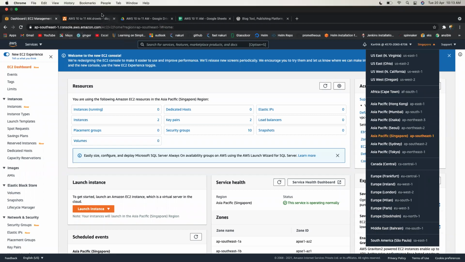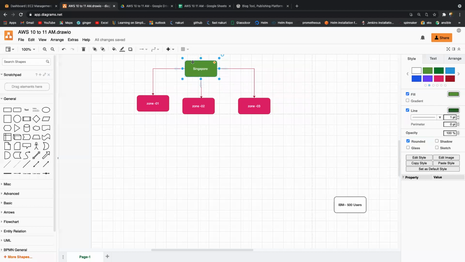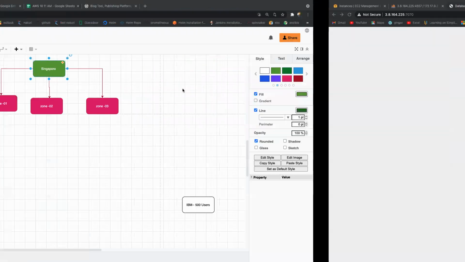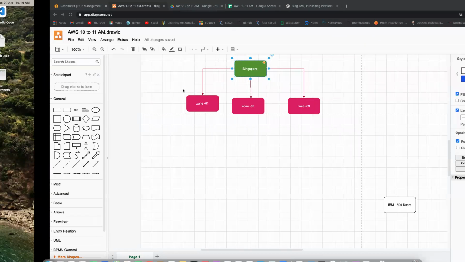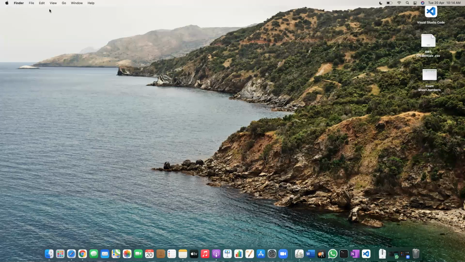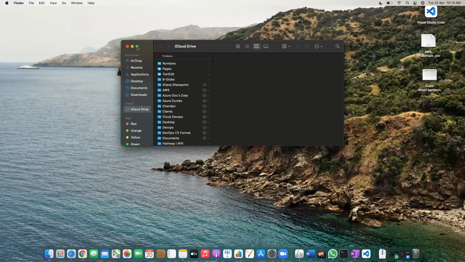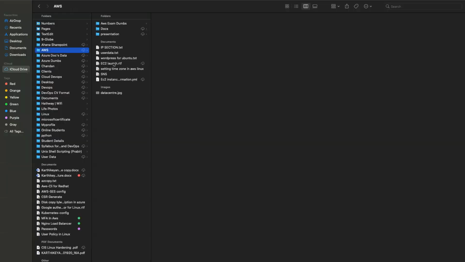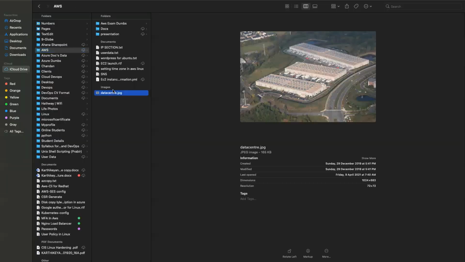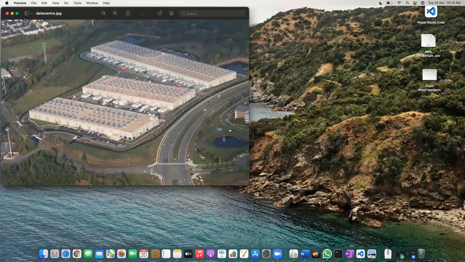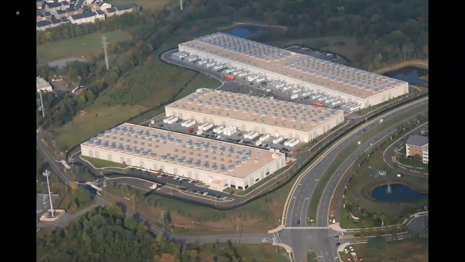At this point in time, we have selected the Singapore region. Under the Singapore region, let me open that architecture. You may have multiple availability zones. These are our availability zones. So I can choose the Singapore region.